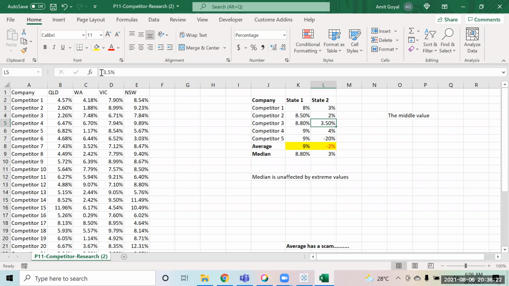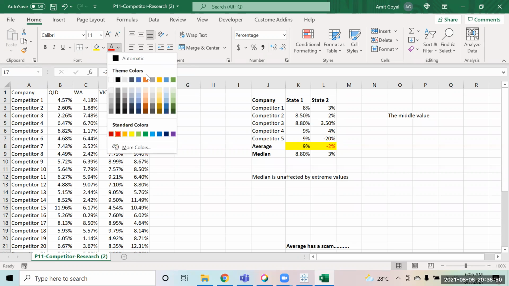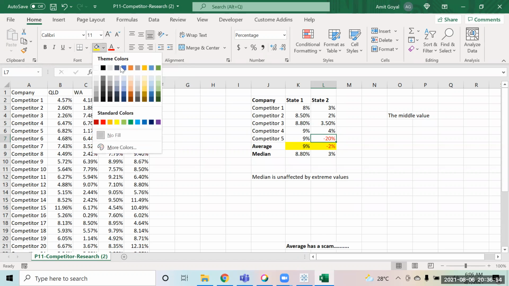Yeah, if the median is low and the average is high, we can predict that some data point is very high. Correct, it's like finding outliers. Basically, these are values which behave differently, and those values are called outliers. Now in this scenario, this particular value, this minus 20%, becomes an outlier. So I cannot consider this value for the purpose of my calculation. This value will be an outlier for me now.